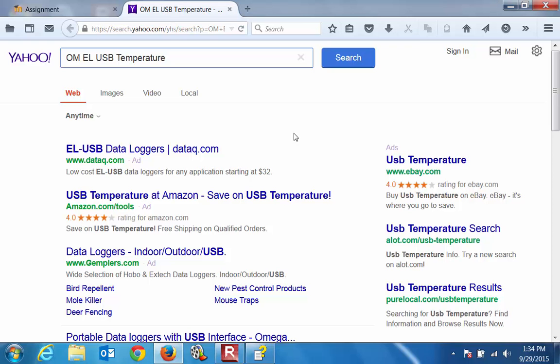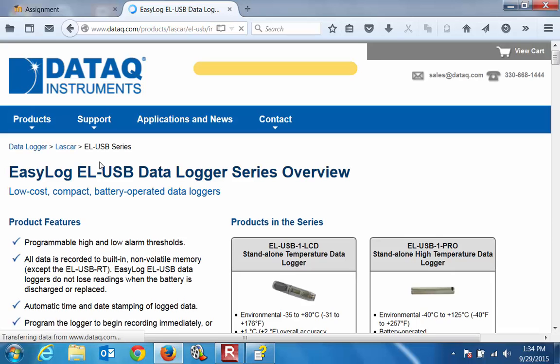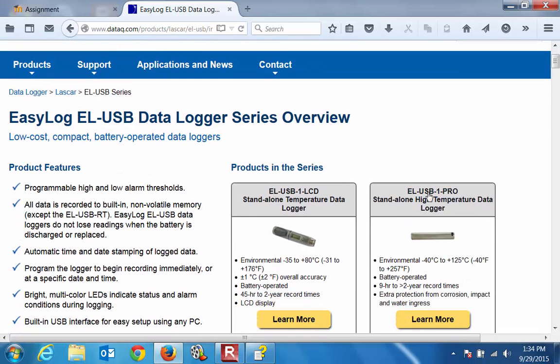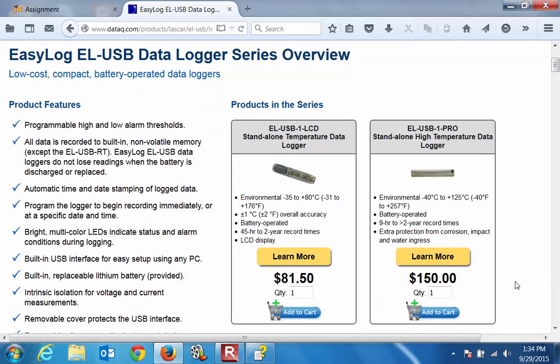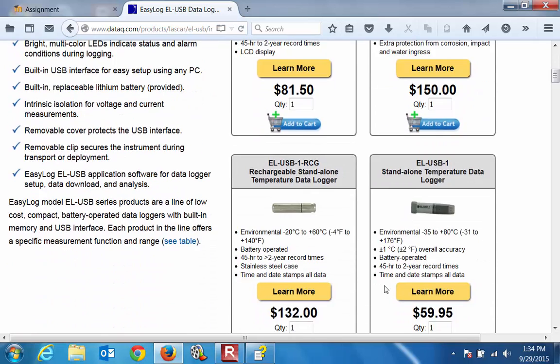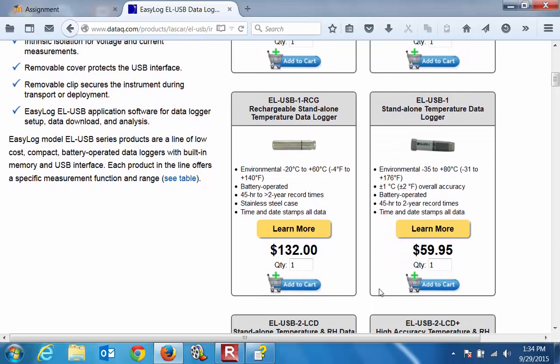So if we start looking at different data loggers, if you were going to try to get into it, there's guys that go out and start their own businesses searching for geothermal resources, and basically what they do is go out and pound a 2-inch pipe in the ground, and then see what kind of median temperatures they have, which is what our lab's going to be all about. But like you say, $81.50, $150. Right. But they're programmable, so you can set up a whole bunch of them and then go away and come back in a week and see what kind of